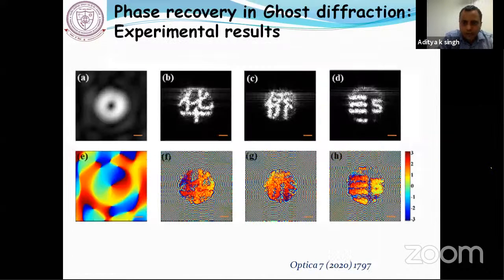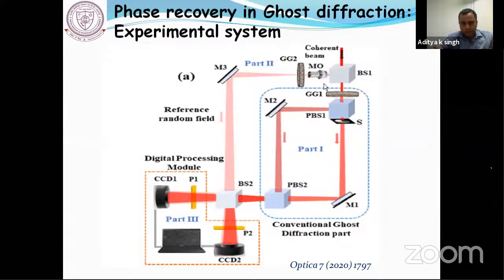Now what we did: I measure the intensity from these 2 detectors, and I fix one point in detector 1 and then, in the intensity pattern of detector 2, I move at each and every point and do the correlation. So rather than rotating this ground glass, we have frozen this ground glass and are doing spatial averaging. We are not rotating the ground glass and collecting the data in time. We have taken one shot in camera CCD1, another shot in camera CCD2, and then we are doing the average.